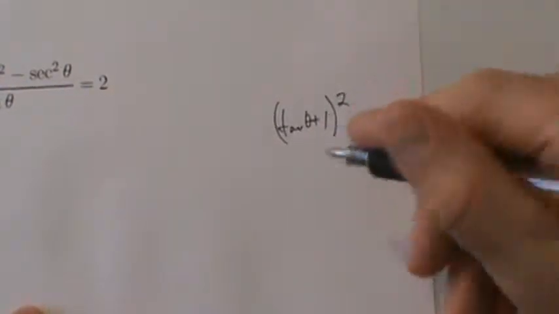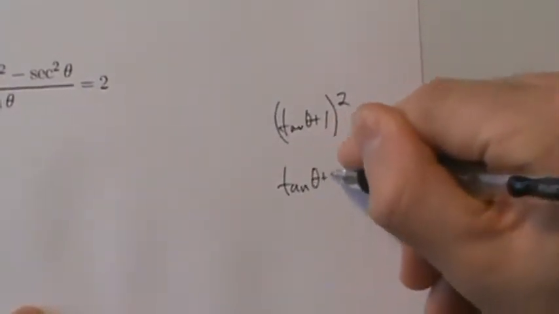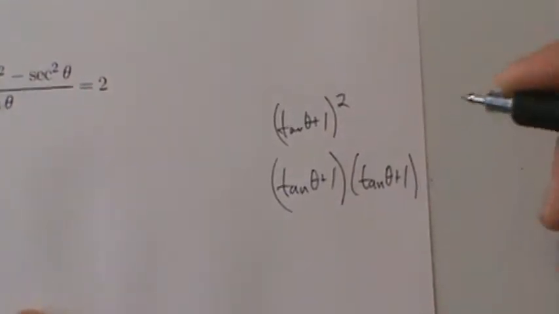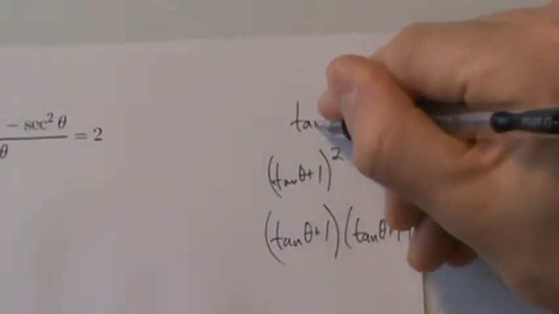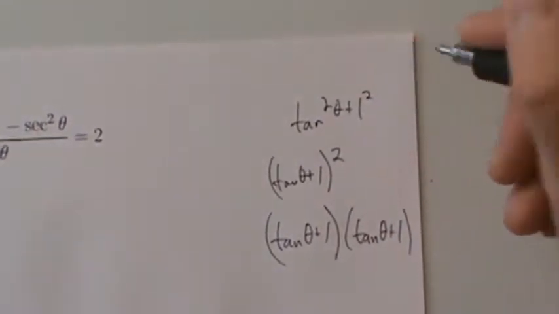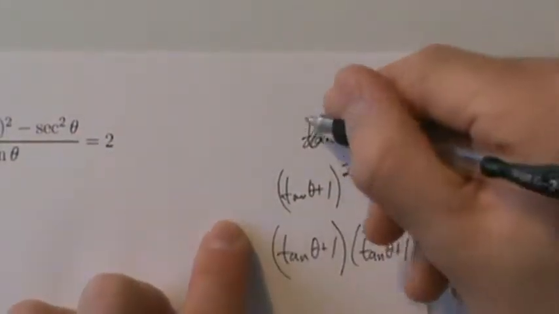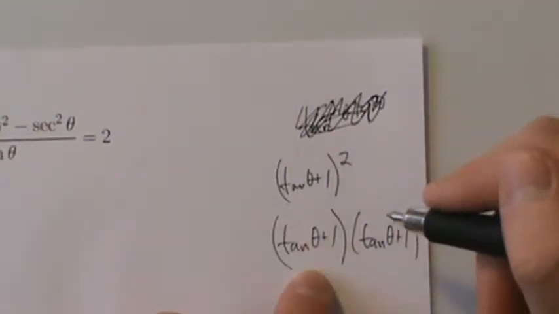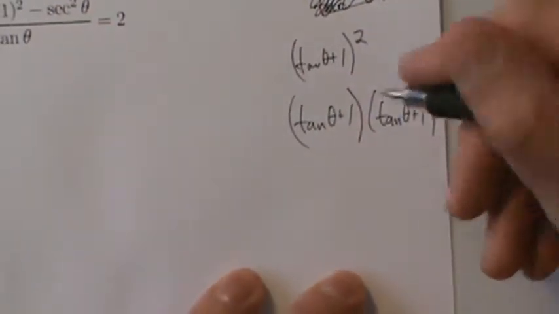quantity squared. Remember, that's just the same thing as tangent of theta plus 1 times tangent of theta plus 1. So be very, very careful. It's not the same thing as tangent squared of theta plus 1 squared, right? Powers don't distribute over parentheses like that. This is the same thing as tangent of theta plus 1 times tangent of theta plus 1, so it's really